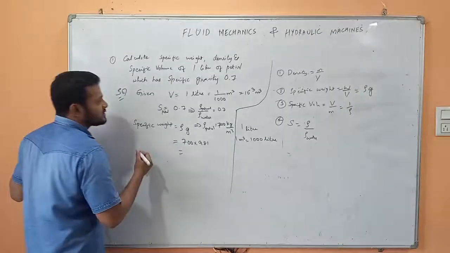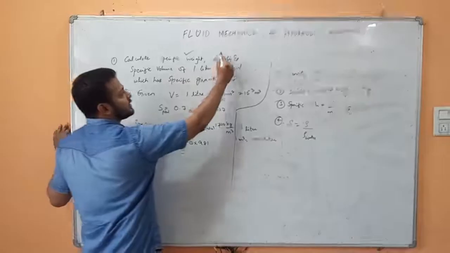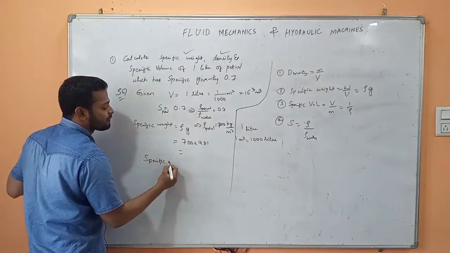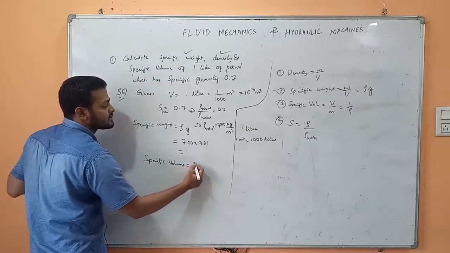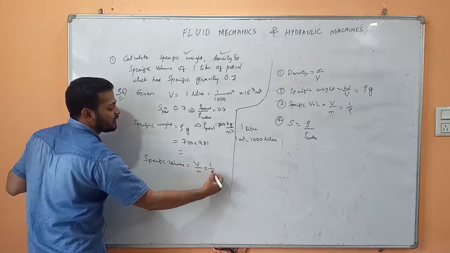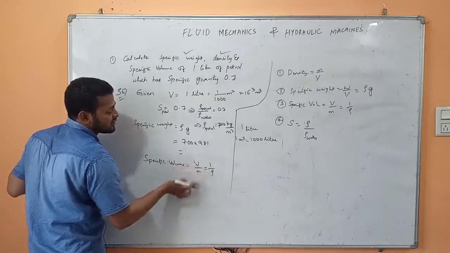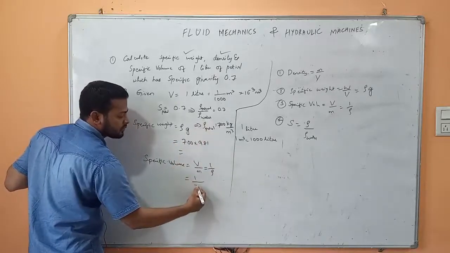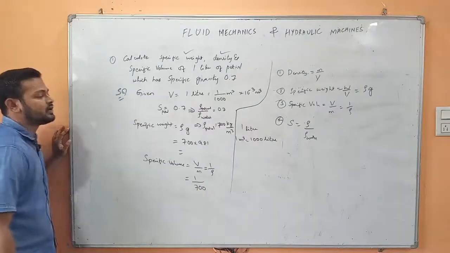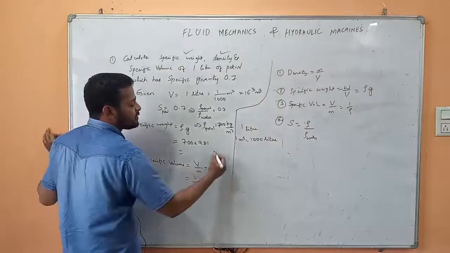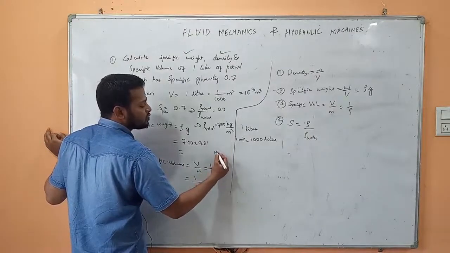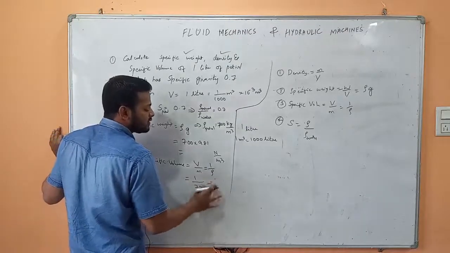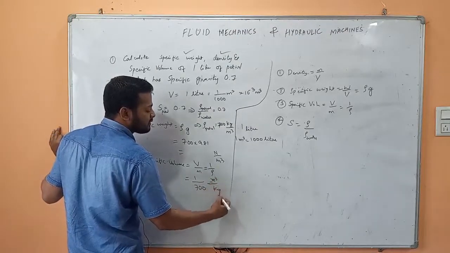Okay, so specific weight you got, density also you got. Next is specific volume. So specific volume is volume by mass or 1 by rho, because mass by volume is density. So it's the reciprocal of density. So once we get the value of density, we can find out all the remaining properties. So this is 1 by 700. What are the units of specific weight? Specific weight general formula is weight by volume, so Newton by meter cube. And what are the units of specific volume? Whatever the answer you get, that answer meter cube by kg.